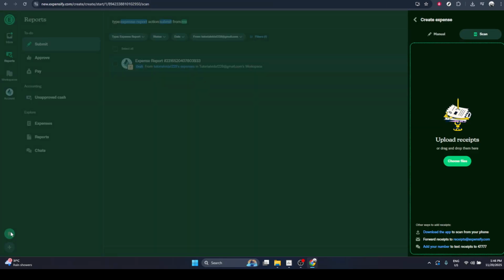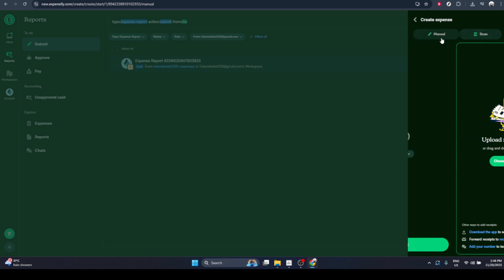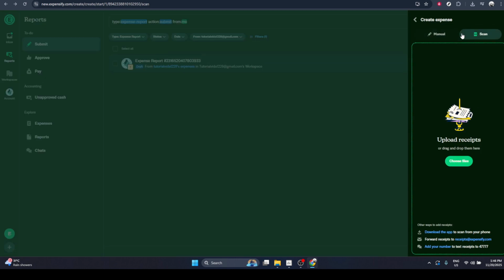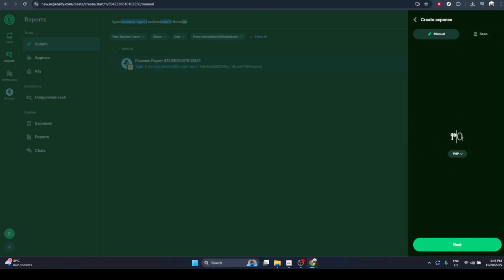Next, you'll be given a choice on how you want to add your expense. You can click on Manual if you want to type in the details yourself, or you can choose a file if you already have a receipt image or a document saved on your device. If you're uploading a file, make sure it's clear and readable, since this will be used as proof of the